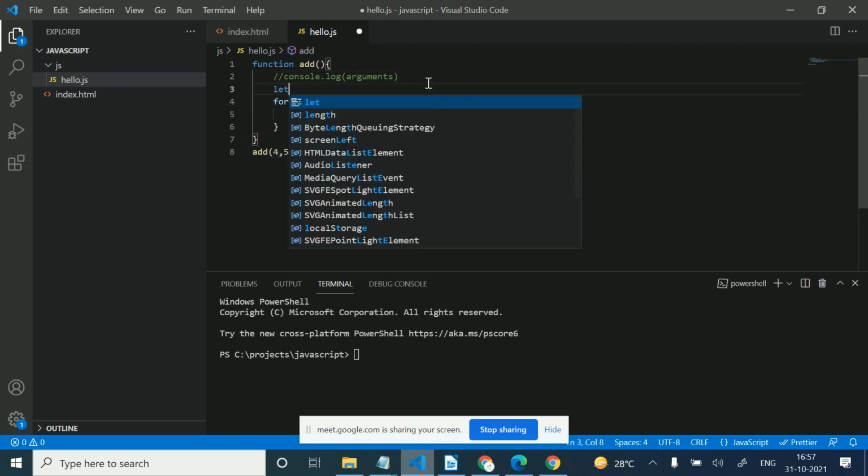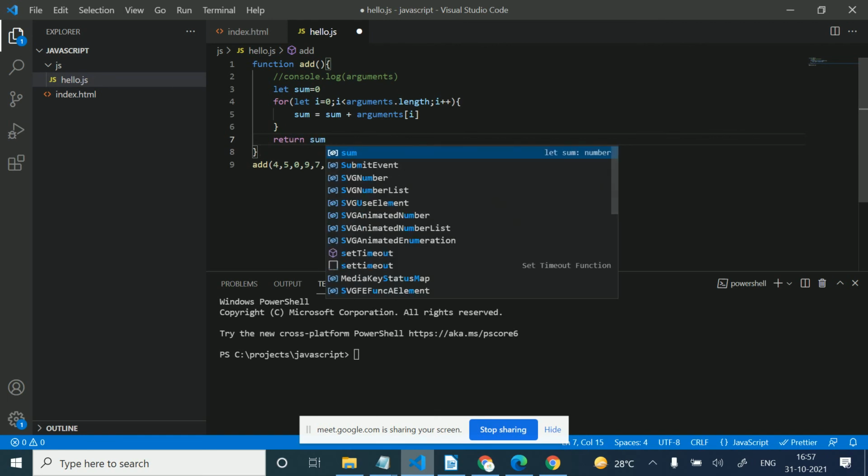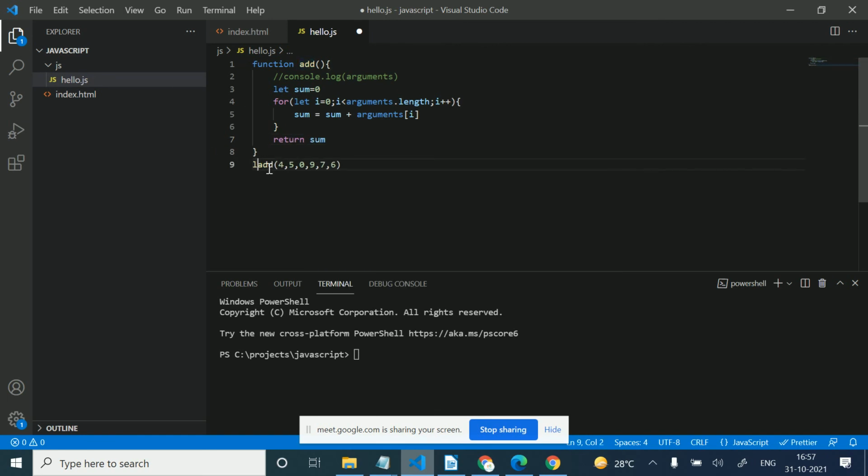So I'm going to write let sum equal to 0, then sum equal to sum plus each argument. All values will be added, and I will return sum, store this return value in a variable like x, and now console.log x.